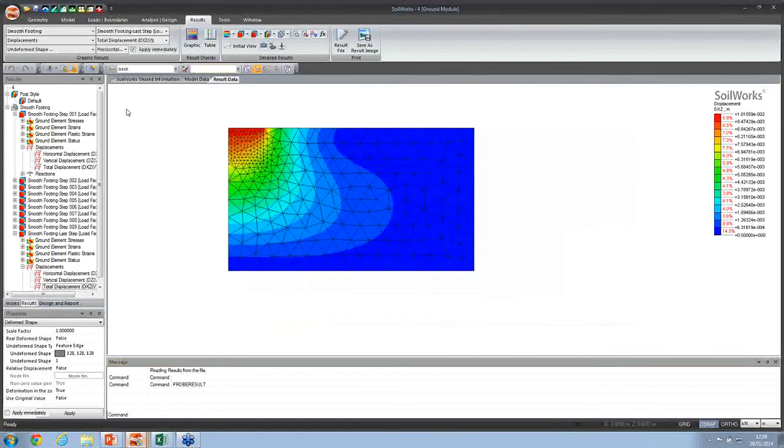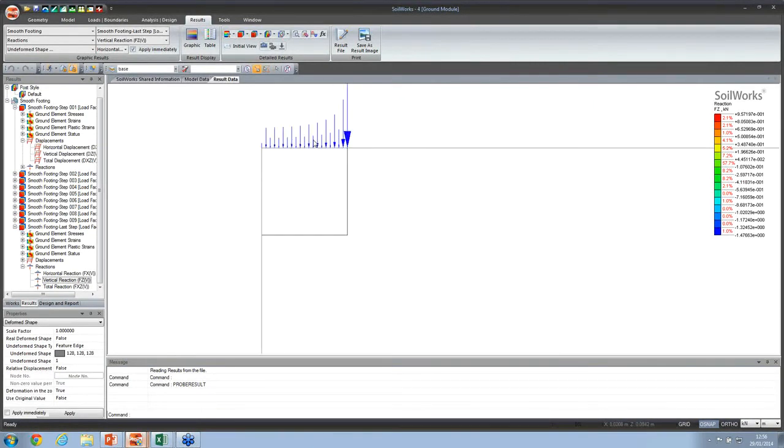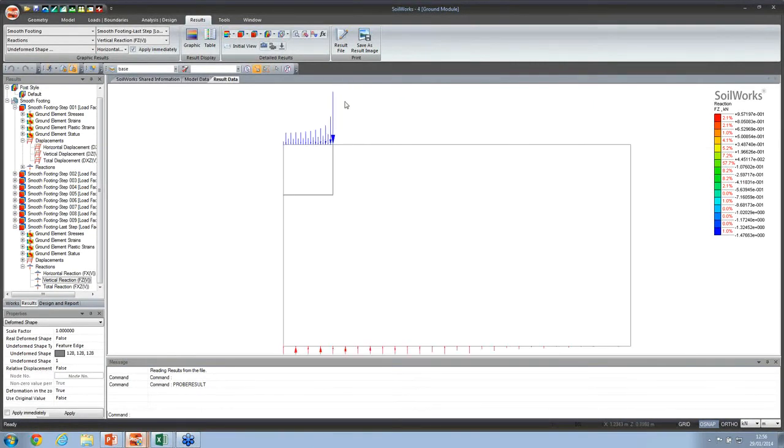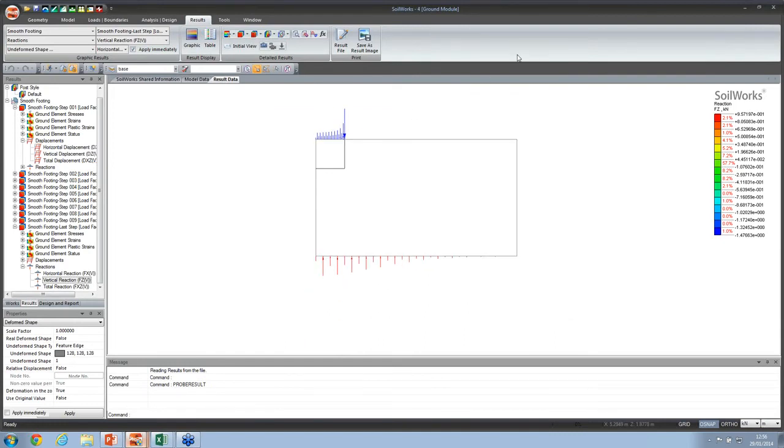Now to obtain the reaction on the surface, what you have to do is get the vertical reactions like this, as you can see. Once this reaction is obtained, you will see that there is a slightly higher value of punching beneath this footing. These reactions can be summed up in Excel and used to obtain the bearing capacity